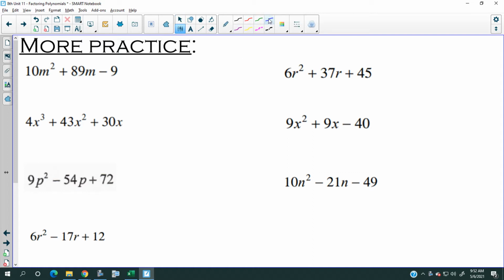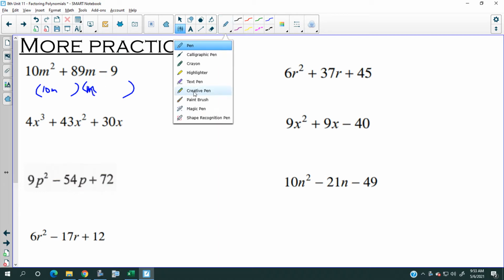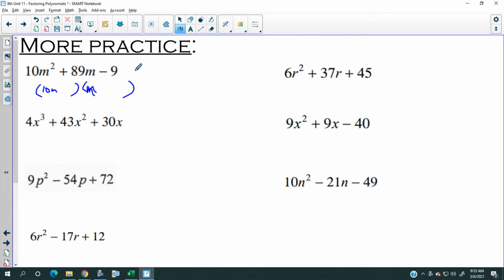All right. So for this one, based on yesterday's results, I'm inclined to use 10m and m here. Let's see what kind of magic will result. All right, now let's see. I got 9. Oh, okay. I was hoping this would be like a 5 and a 2, but it turns out it's